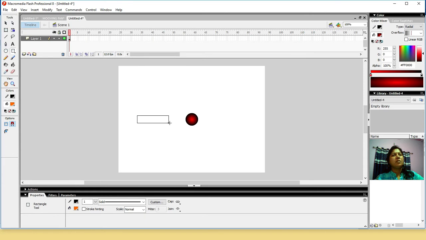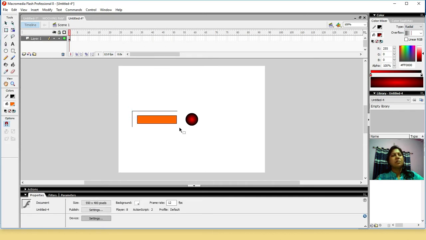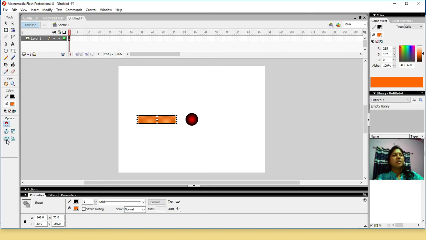I am drawing the blade by using the rectangle tool. Select it by free transform tool. Then click on distort. This one is the distort option. Click here. Drag it. Okay. So this is the final fan blade.